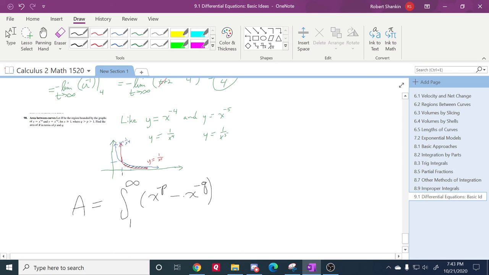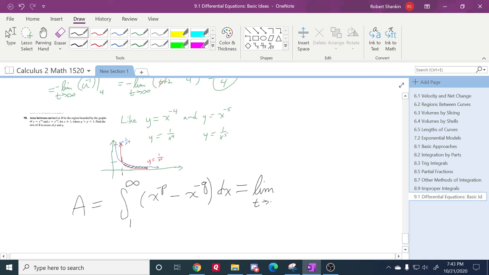And if we had these backwards, we'd be getting a negative area. Find the area in terms of P and Q. So we're not going to get an answer like 5 or 7, but we'll get an answer in terms of these letters. Alright, now first thing we have to do is change this